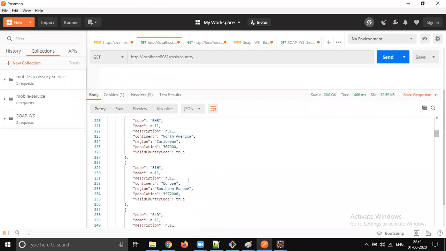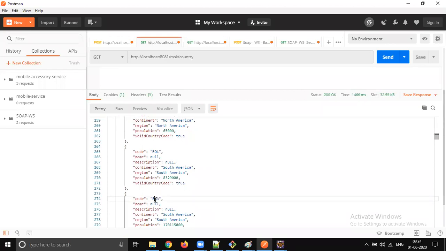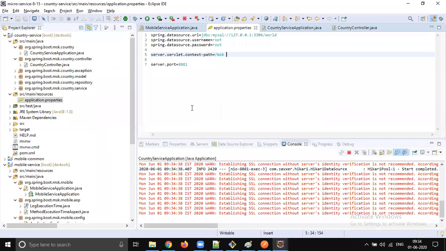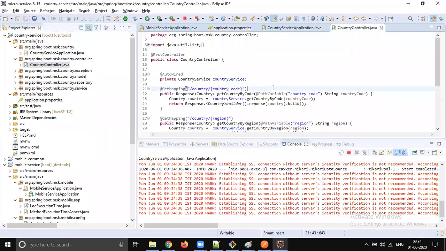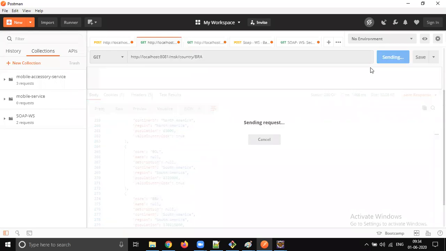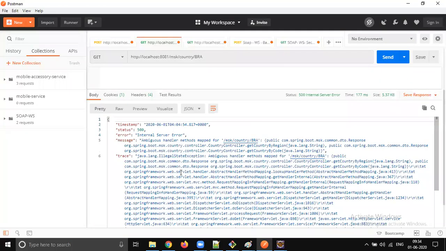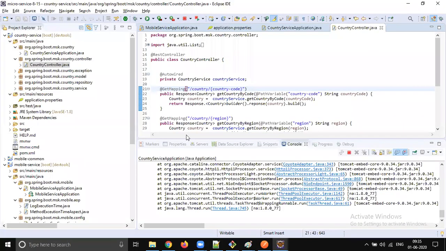Yes. So all the response came. So for any particular country's information you need to get, you should call slash country code, right? So what do we need to pass? Country code, right? Country slash country code. So for the corresponding country, I think we are getting more than one. Okay, we are getting more than one. Oh, we have an ambiguity, right?